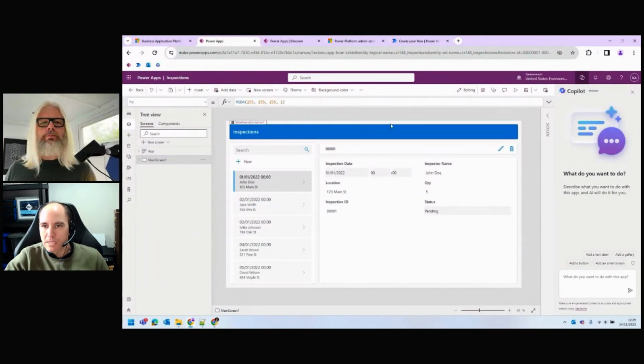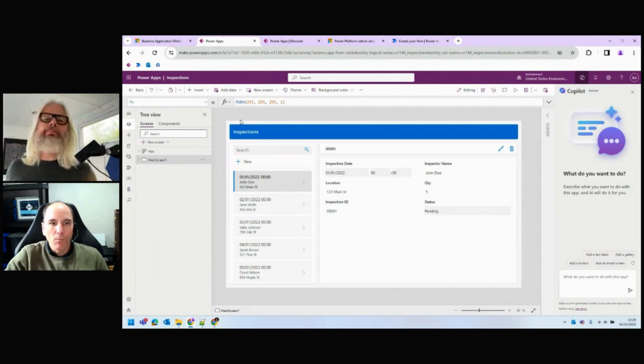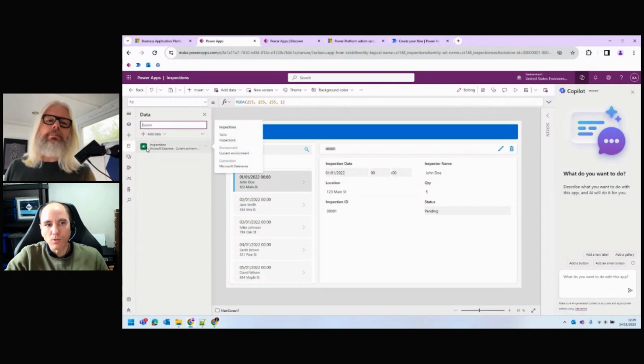In the main editor, we can see this canvas where we're building this. This is a canvas Power App. There's another type called a model-driven app as well. Now, when we're in the canvas app, we've got the formula bar. If we go on the left, we have a data option here. Now, this is hooked up to a Dataverse table, which is auto-created for us and filled with sample data.